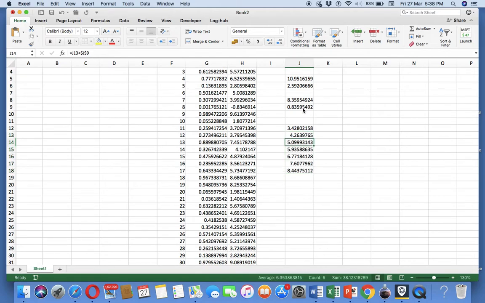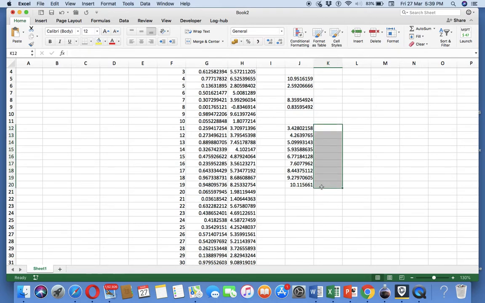Control D. So it's a few more. Okay, to 10. So the highest value is 10.95. Since the lowest value is not there, I'll remove the highest value and get the distribution